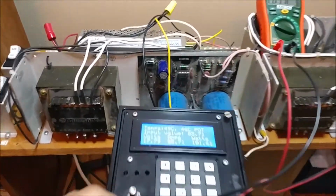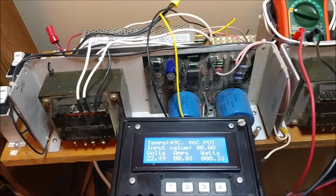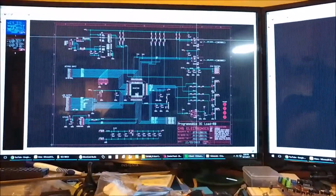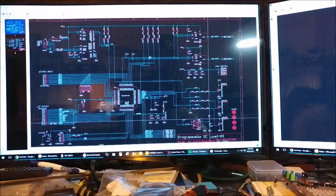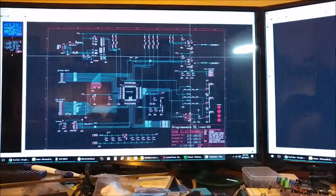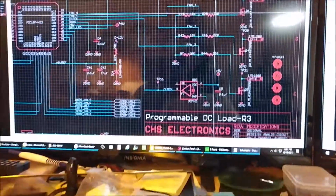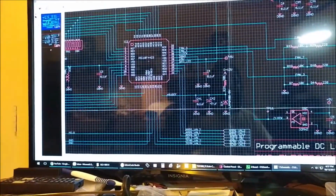So there you go. Let me turn this back down. Oh, let it go too high. Now it's at 39. So let me talk a little bit more about the schematic. I've told you guys I already have my 2 DACs. On the previous versions, I only had one DAC running 2. Oh no, I had 2. I'm sorry. Changed the fan control, and I introduced an actual